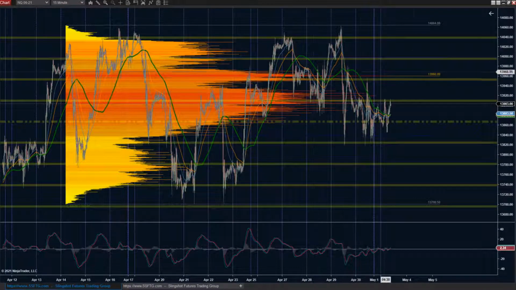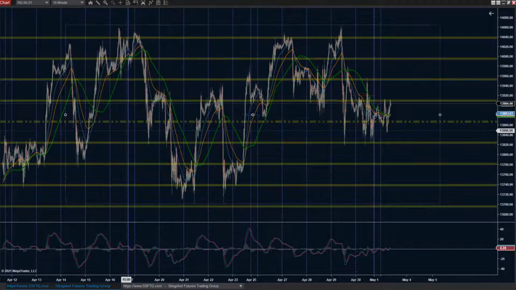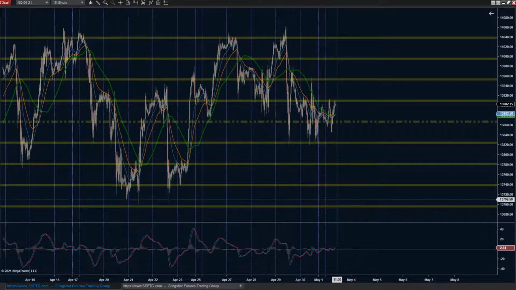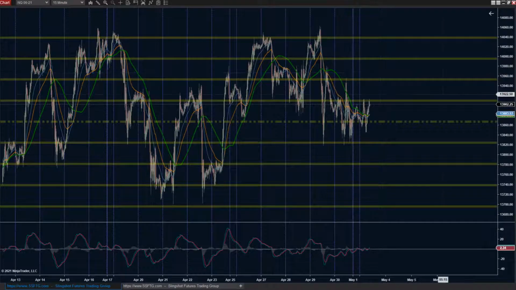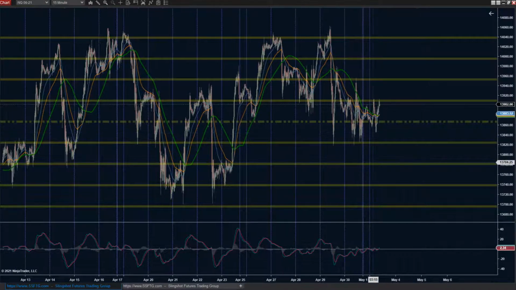So it still seems like we're defending this 13,960, and although I don't want to say bearish, especially with the NASDAQ when you look at it in the bigger picture, it's hard to want to be bullish here, right? It's kind of in the middle of the range. It's in the middle of nowhere, and it's underneath the major POC of this entire range. That definitely causes some problems. I would much rather be farther down and try to find some value or breaking above that POC. That would add a lot of context.